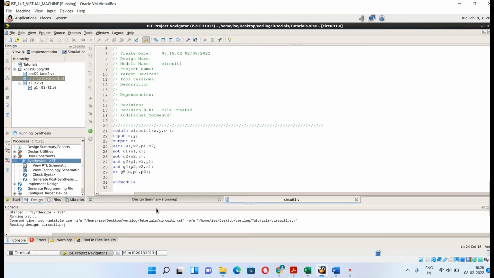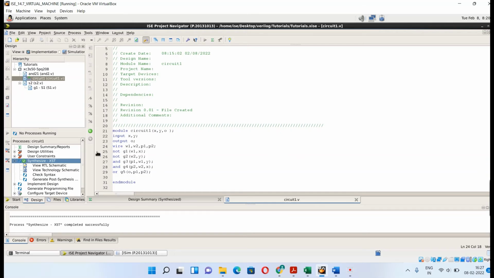While synthesizing, you can also read under this console window what is happening in your circuit. So synthesis completed successfully.